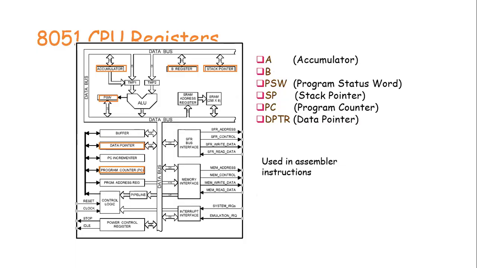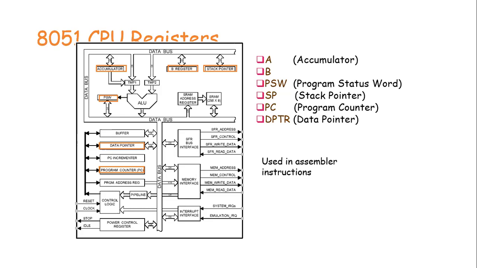And these are the CPU registers. This we already discussed in the previous one. In this, the CPU registers are the accumulator, B register, program status word, stack pointer, program counter, and data pointer. And what is PSW? Just now we discussed. And what is the accumulator? Accumulator is a register. Generally, it is an 8-bit register. So this 8-bit register is used for